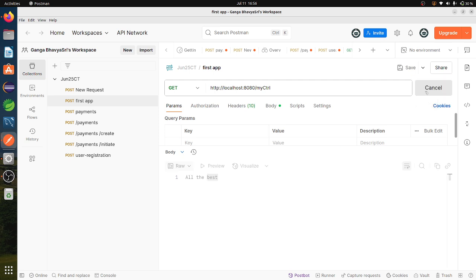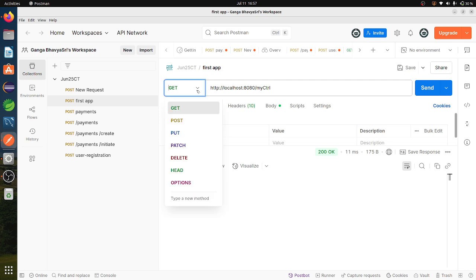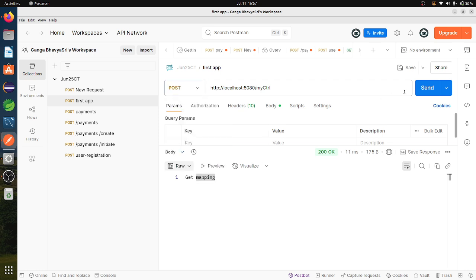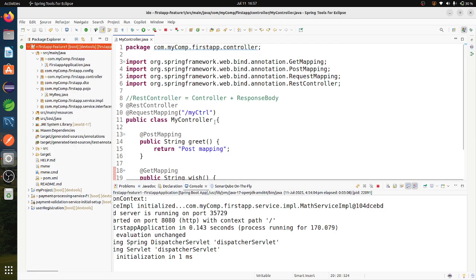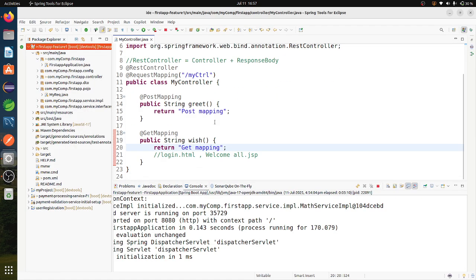So if I pass this one, it is giving me get mapping as the return value. If I use the post method here, then it will give me post mapping. So this is the final way. And so in this way we can mention the mappings.